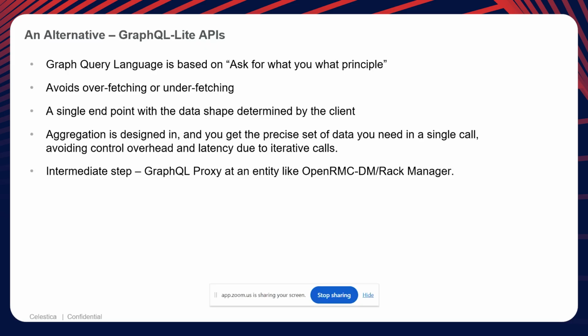Again, it comes with its cost. The server has more to do. Servicing a single Redfish endpoint is not very hard. There's not too much parsing to do. But if I have to service a GraphQL query, I will have to parse through a bunch of things, figure out what the client wants, and get the data through dbus. Nothing changes there, but to figure out what the client wants, the server needs to do more. But all said and done,